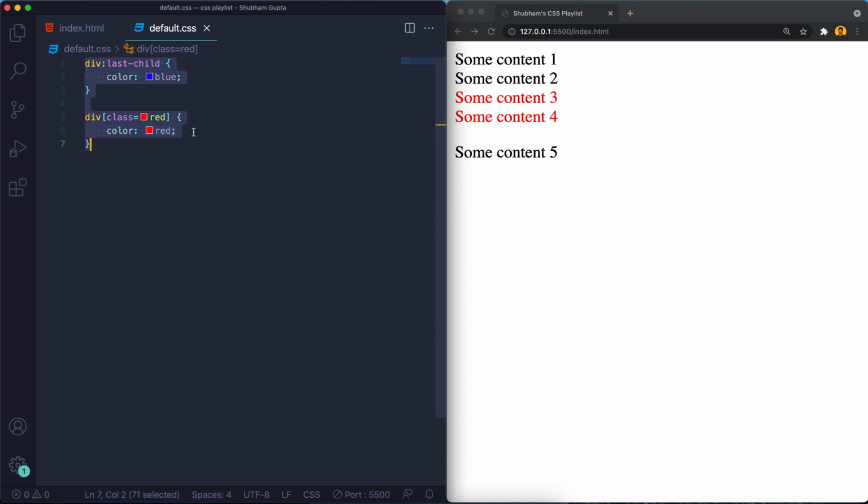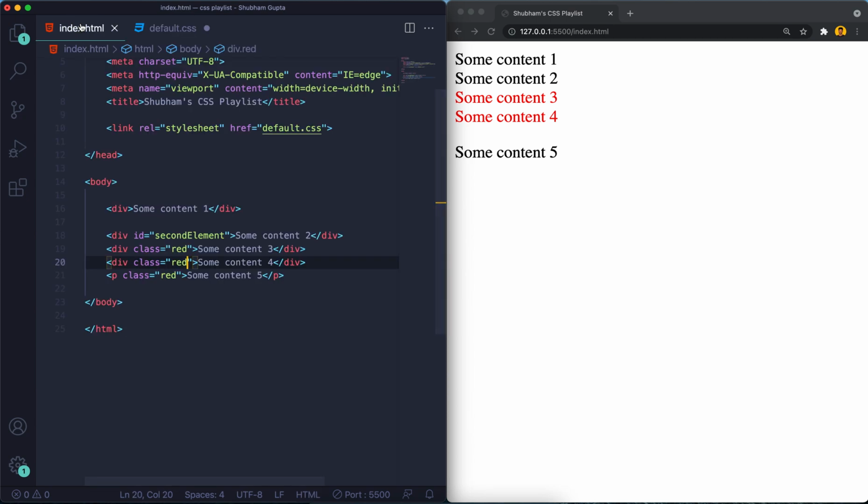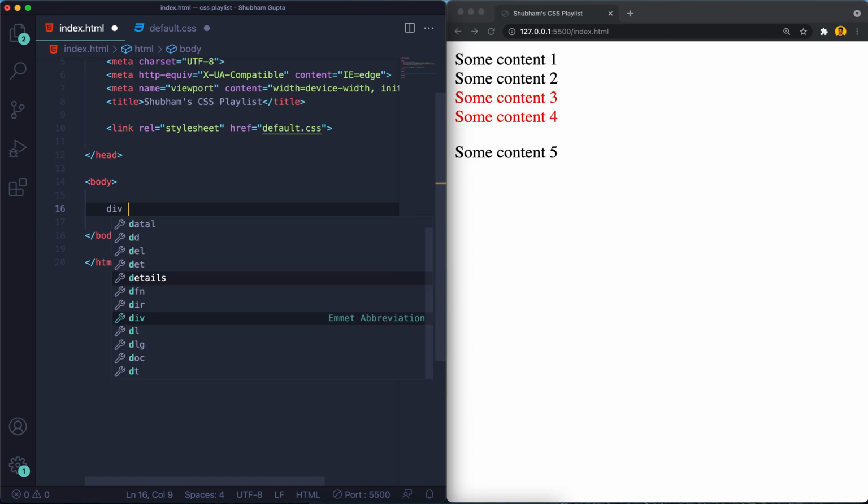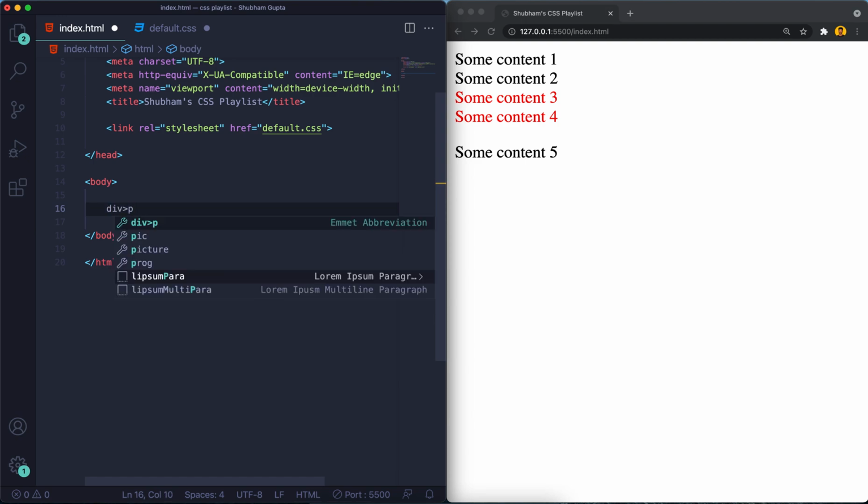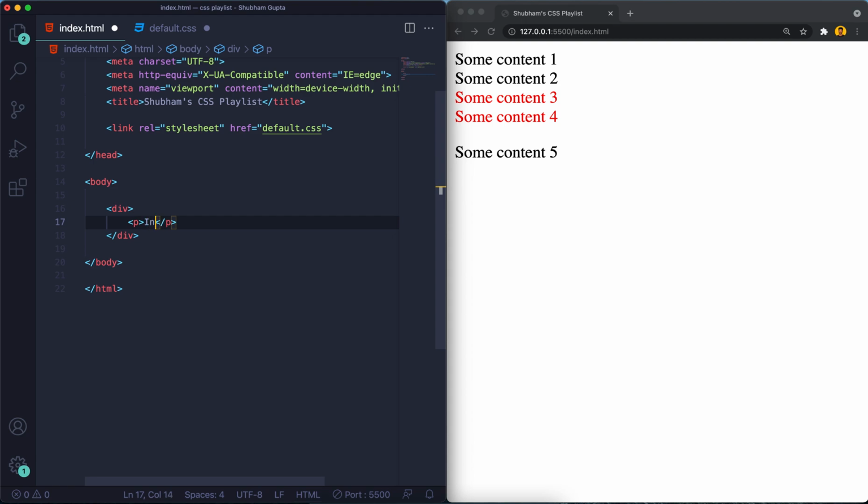Let's suppose we remove this, and within this div there is a paragraph in every div. Let's remove everything and use div p. There is one paragraph inside the div and one paragraph outside the div.